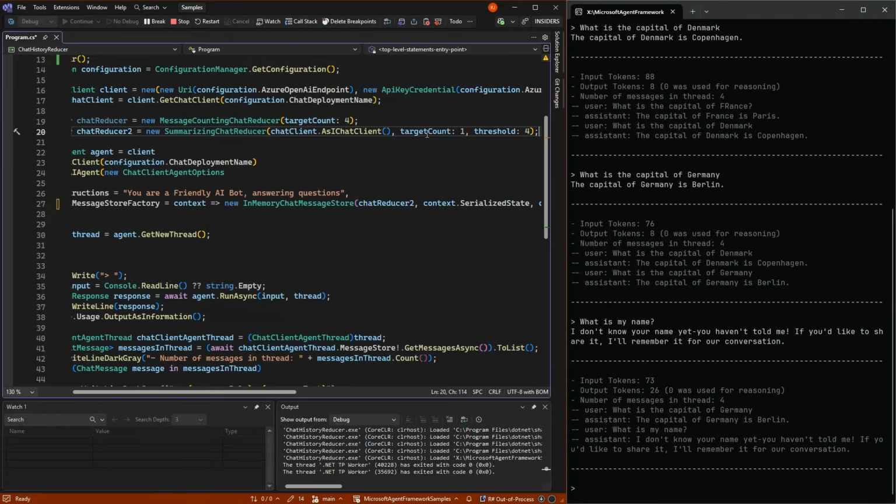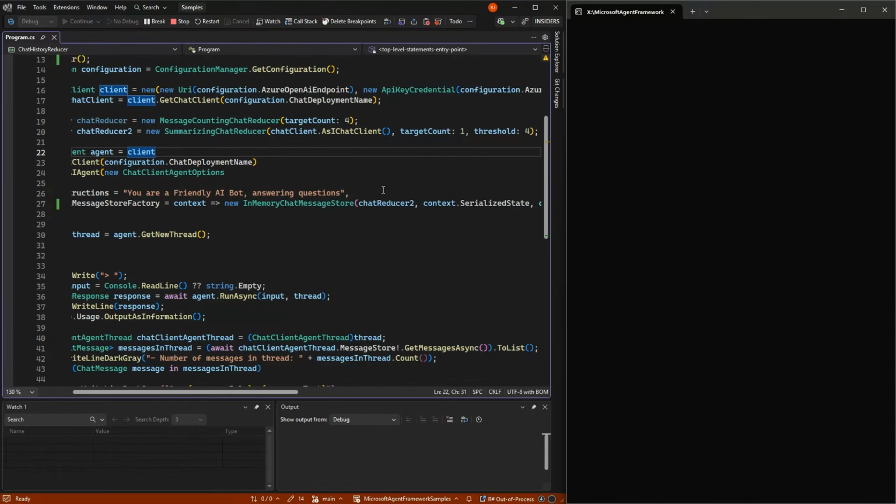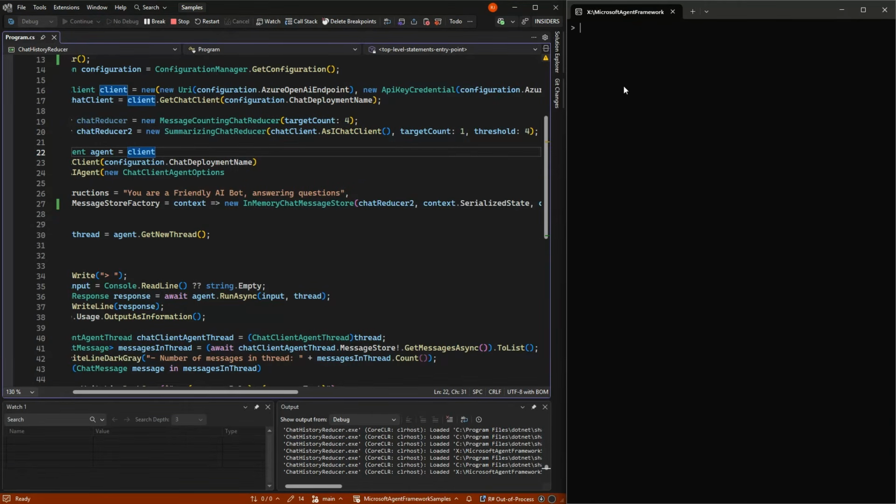And what we are aiming for is that after it has reduced, it should only have one target left, and the threshold would be whenever we reach 4 or more over the target count. So let's see that in action. And let's start again. Hi, my name is Rasmus.